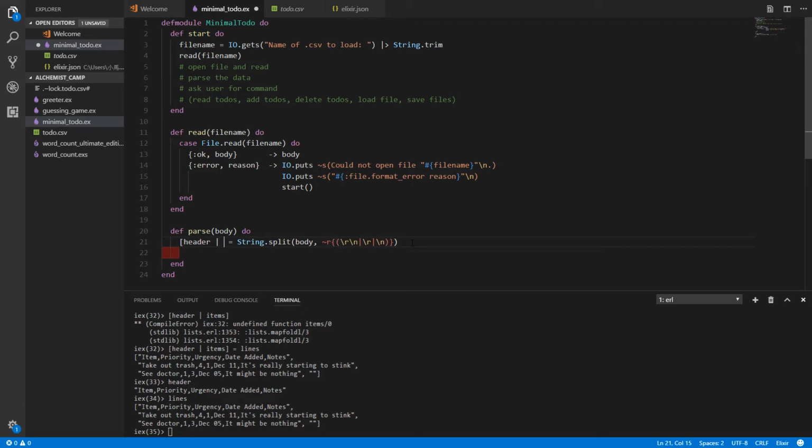Header and the other lines equal string.split the body. All right, then the titles equal, okay, so the titles equal string.split on the header using the comma to do the splitting, since this is a comma separated value file, aka